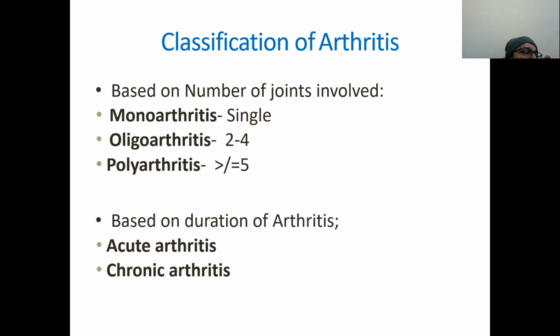Mohan, wait. Mohan, listen. I think his net is not working, so he's not getting. I think he is reading from some printed material. Otherwise, we are asking him to stop. Mohan,